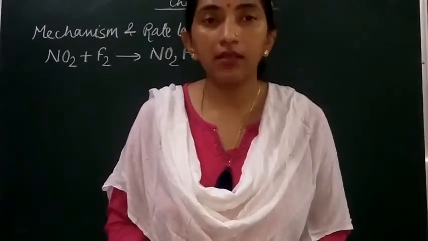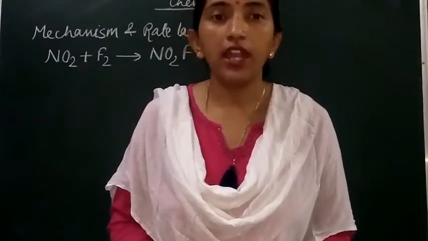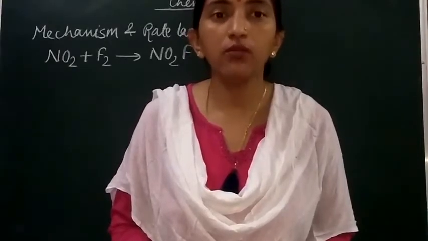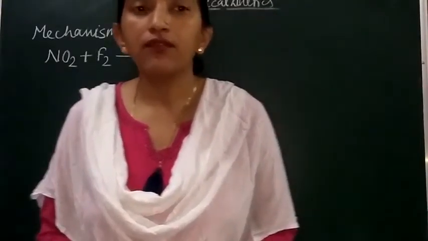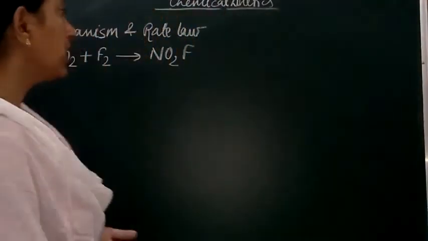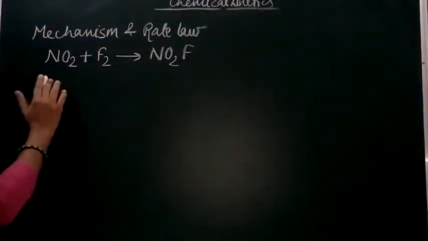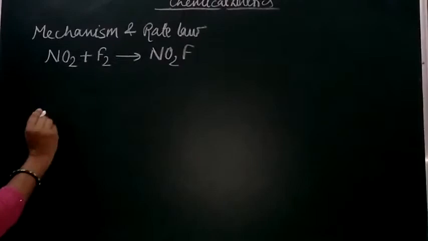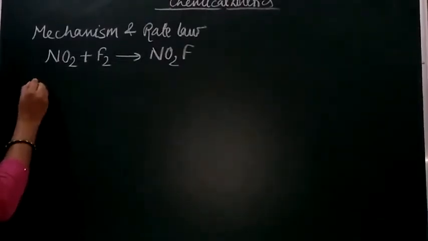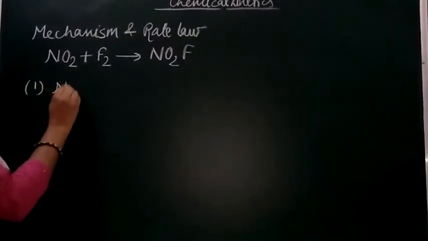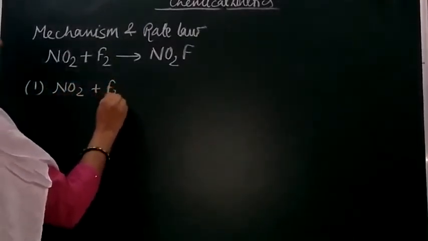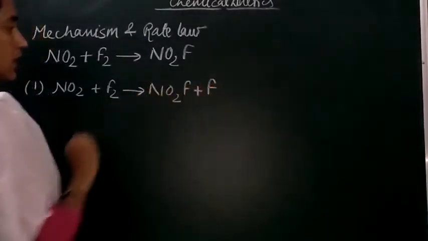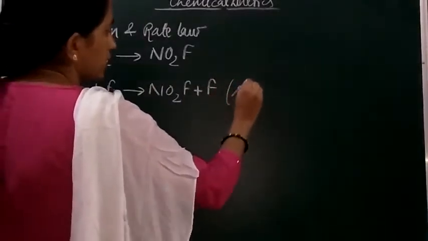So let us take an example here of the formation of NO2F. When NO2 plus F2, that is nitrogen dioxide and a fluorine molecule, react, the formation of NO2F takes place. Now this appears to be a simple reaction, but it takes place in steps. So the first step will be NO2 plus F2 gives NO2F plus F. Student, this is the slow reaction,